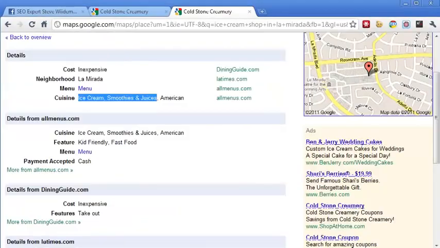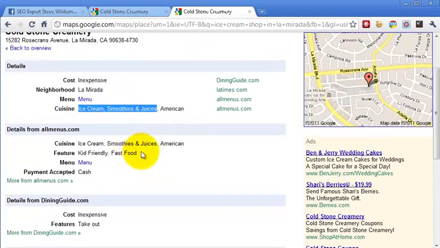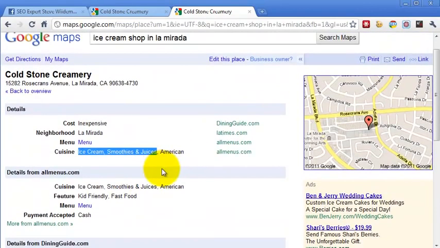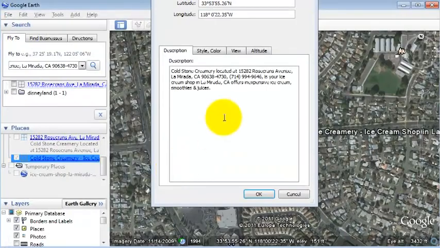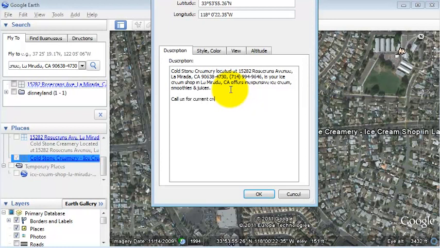Any other data that we can get from here? Let's see. We accept cash. I don't see credit card listed here, so we'll just leave it at that. That's enough information. If you want to put anything else on here that you think would benefit them, oh, you know what? You need the business address. The web address. What we can do is call us for current coupons or promotions, coupons and promotions, or visit